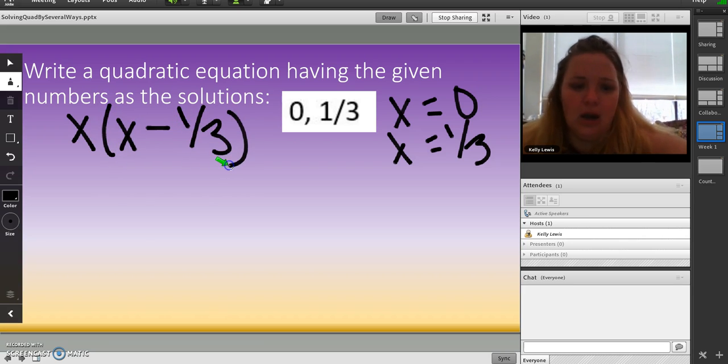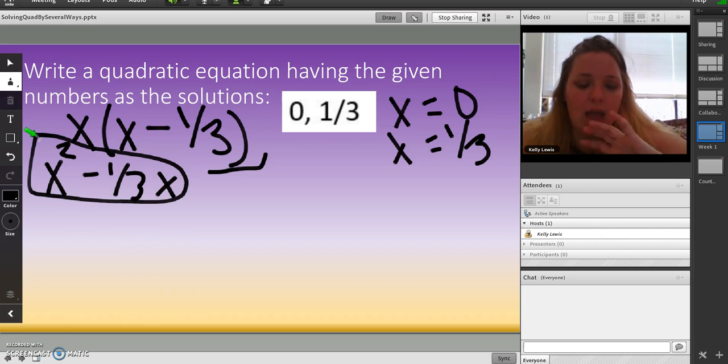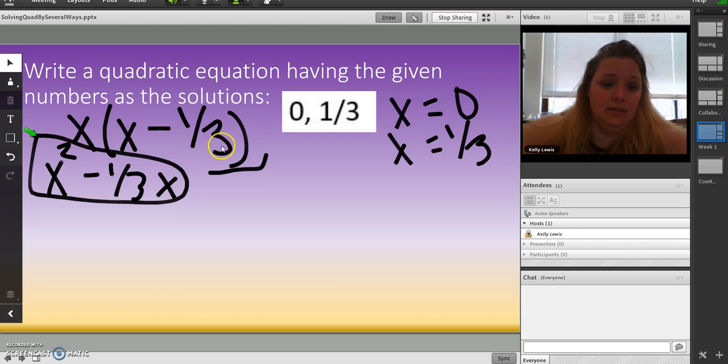All right, but we never see 1/3. I'm going to come back to this x. We never see 1/3. All right. You can leave it like that. You've got to multiply this out. So this would be x squared minus 1/3 x. And that would be your answer. Okay. The more correct answer